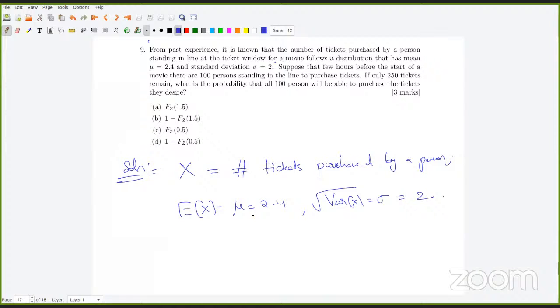That means there is some variation. So the first standard deviation. So 2.4 is the